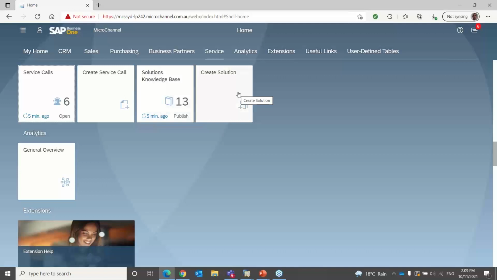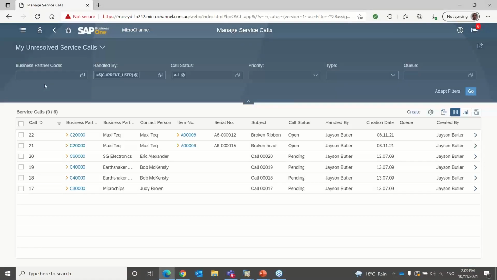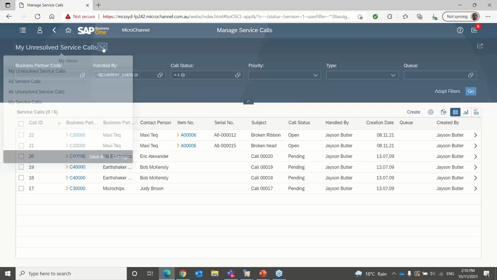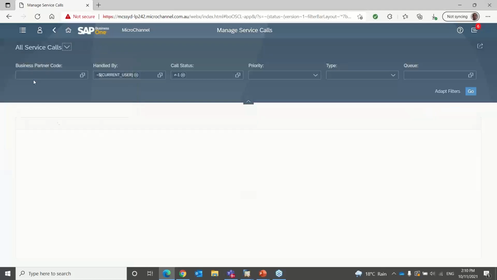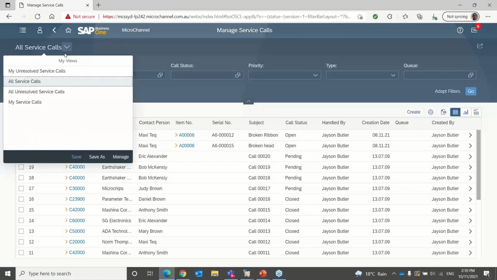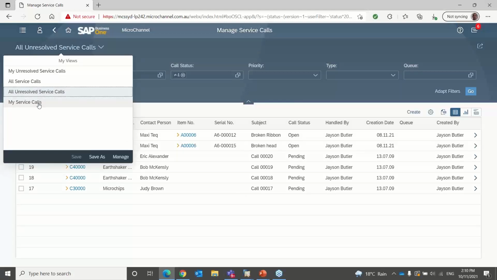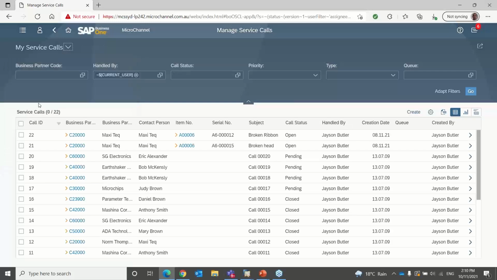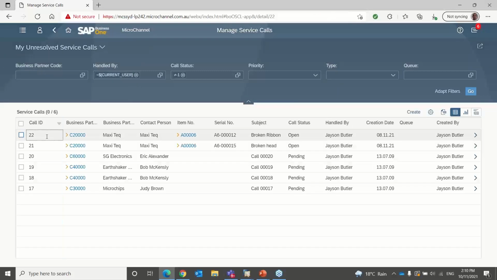Now, of course, the service call screen inside SAP looks quite a bit different from your sales related screens. So let's have a look at what we have in here. You've got various views. You can see all the open ones assigned to you. You can see all service calls that are in the system. You can see all unresolved ones, and you can see all service calls, whether open or closed, assigned to yourself. And then from here you can drill into one